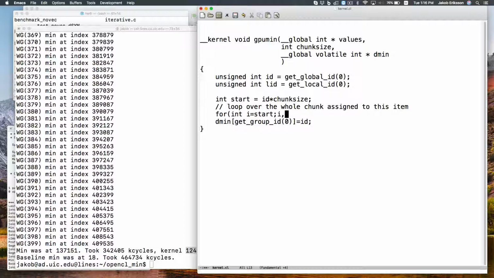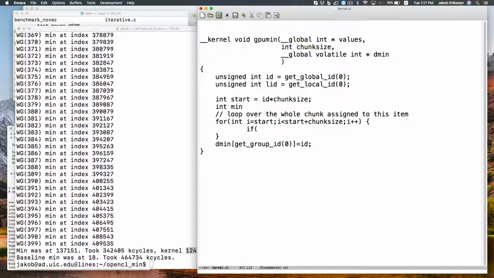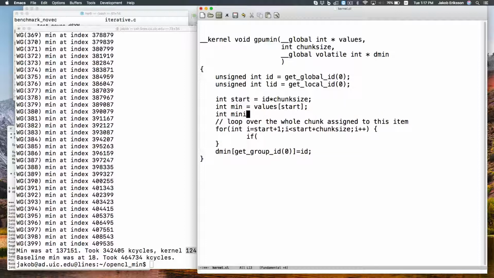And then we go through everything until start plus chunk size. We don't add them, we minimum them. I guess we can say like this. Right, and then if min is greater than